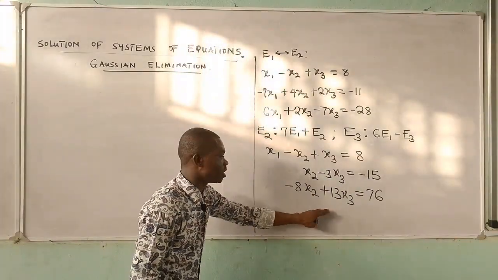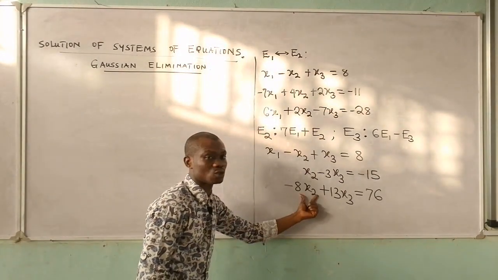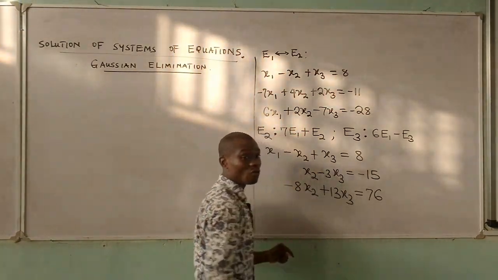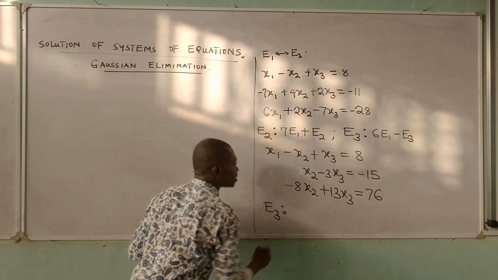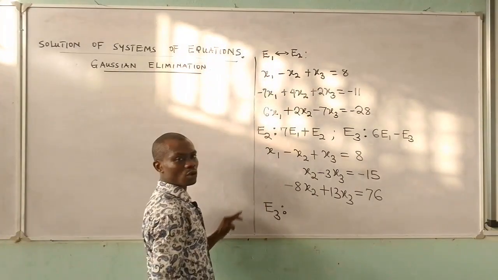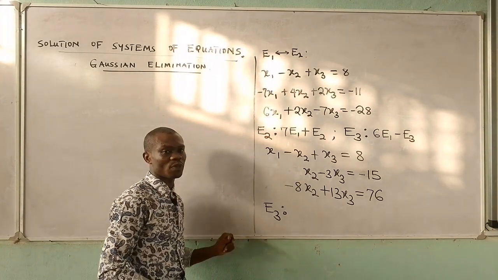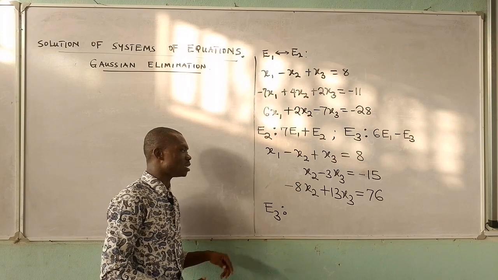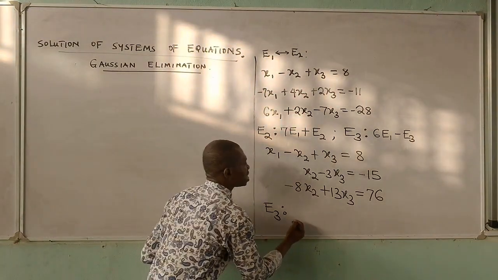Remember that the new algorithm will just be for E3 because you only want to eliminate x2 here. You want a triangular form. Okay, so the new E3 will now become what? So like I said, it will help me to form this. You can pause the video at this point and try to form the algorithm. Let's see what you get. Alright, so but for me, what is it going to be? You can see